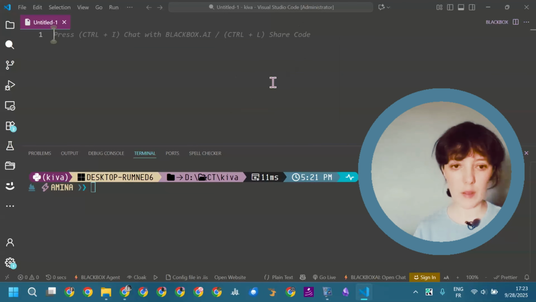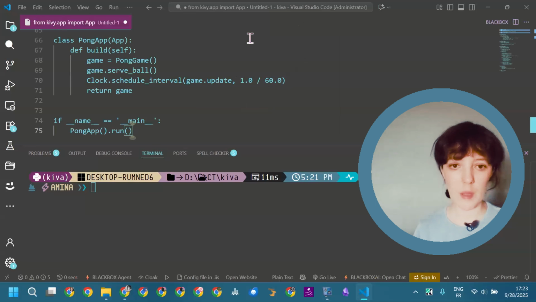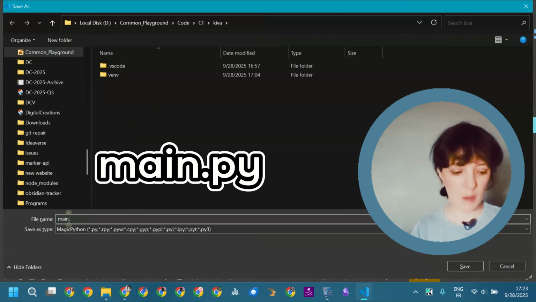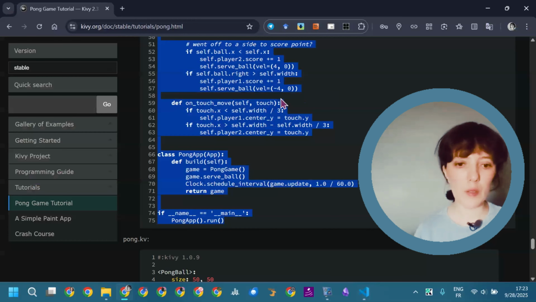create a new file, paste the code, save the file, main.py. Copy the second code,